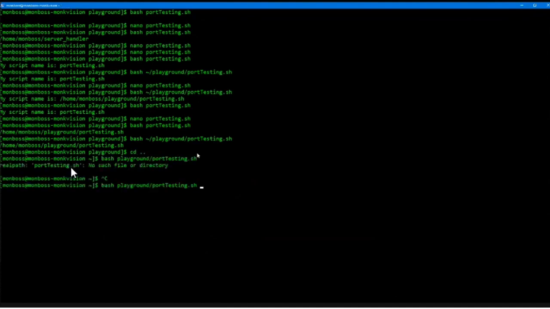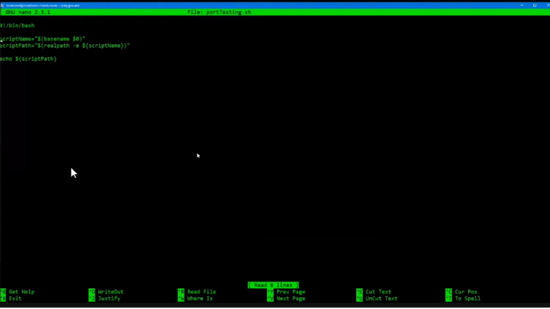Okay, I think it didn't allow me the permission to do that. My bad. So I think I'm logged into this folder. But yeah, you can use the realpath command to actually call the file itself, and it will give you a proper relative path of that file. Then once you are done with that, what you can do is,